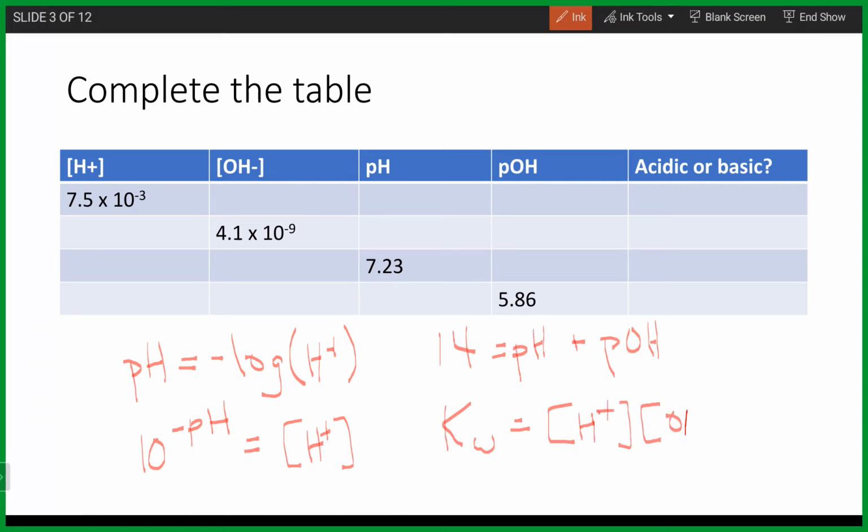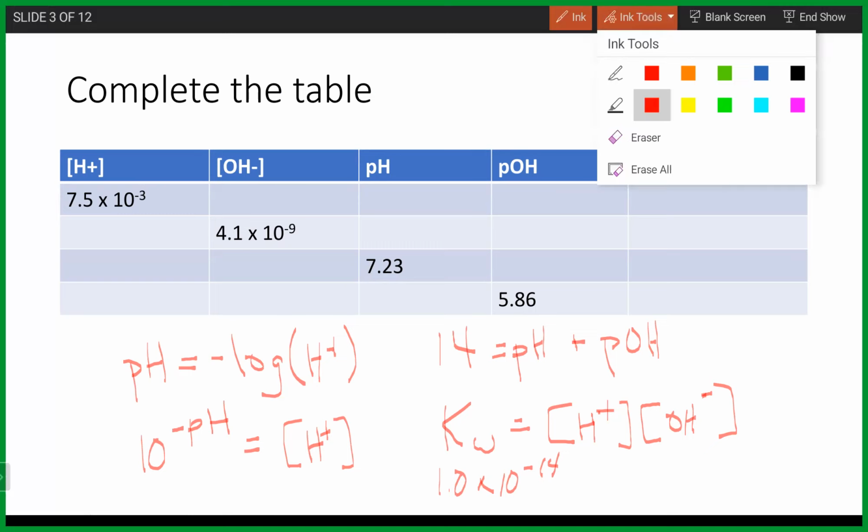And then remember, Kw itself is going to be equal to 1.0 times 10 to the negative 14th. So we could use any of these formulas. I'm not going to go through and show how we could actually plug this in. But for the first one, for instance, since we've got the hydrogen ion concentration, we could use that concentration, and